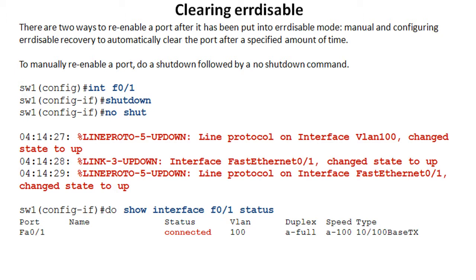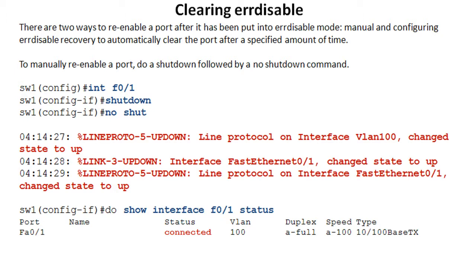The more secure method is to make you go in and manually re-enable that port, because what that's going to do is let you put your eyes on that, determine why it was shut down in the first place, and then possibly change your security policies or educate an end user as to why they can't do what they were doing. Of course, the downside to that is if this happens at dark 30, you're going to get paged, have to wake up, probably sober up a little bit and get on the network and do this, and it's a pain. So you might opt to have this cleared automatically.